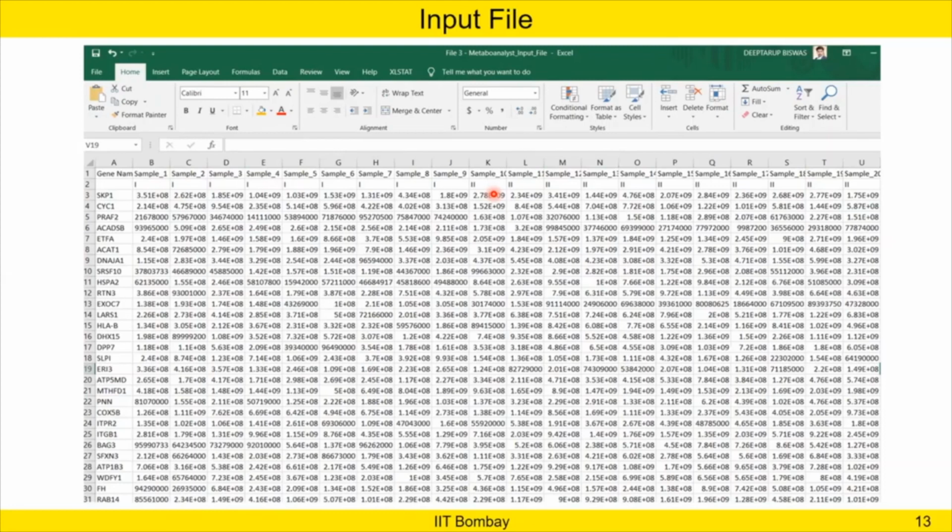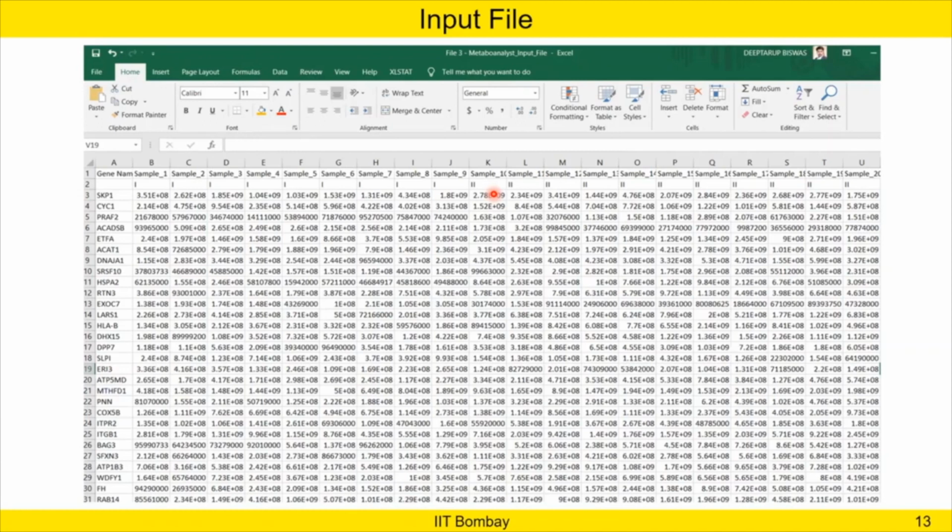As you have seen in the MaxQuant output file, column A was having the UniProt IDs, right? So you can take those UniProt IDs, go to UniProt and convert those IDs into gene names, and you can place those gene names over here and do the analysis. The reason behind choosing the gene name is that when you make a box plot or heat map in Metaboanalyst, the gene names convey more information than UniProt IDs,